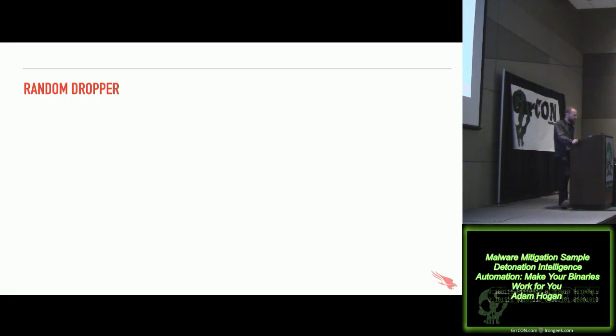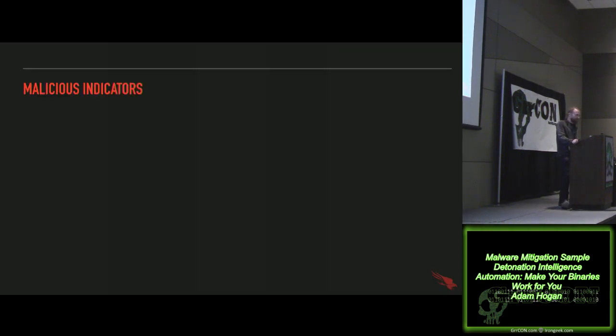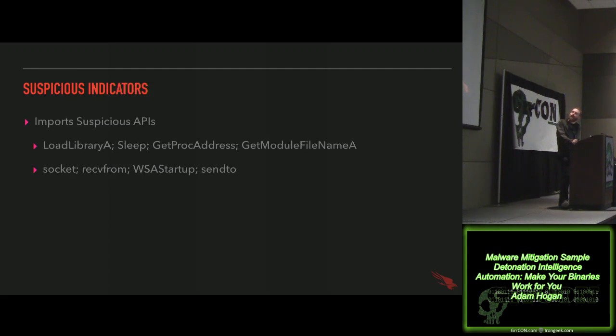And then we can again take a look at the sandbox analysis. So, all right, what malicious indicators do I get from the average dropper? None. All right, well, let's drill in a little bit more. How about suspicious indicators? What do I get? It imports suspicious APIs. It's not a lot. I'm not even sure if it used them. Actually, once I went through the entire report, it was pretty clear it didn't actually do any of these things.